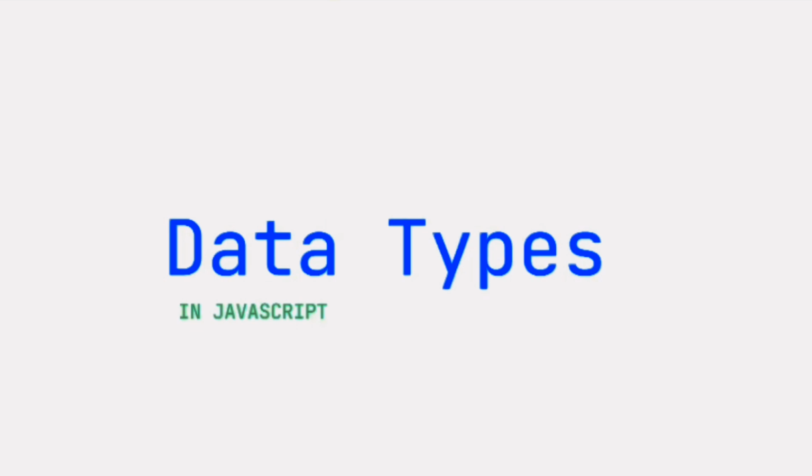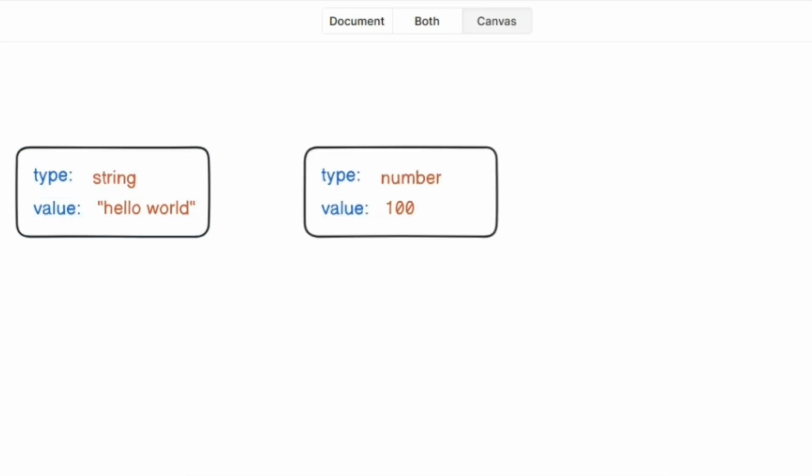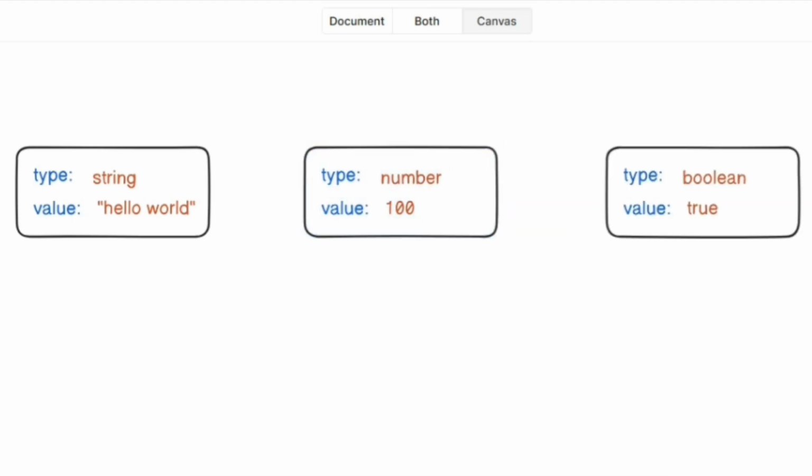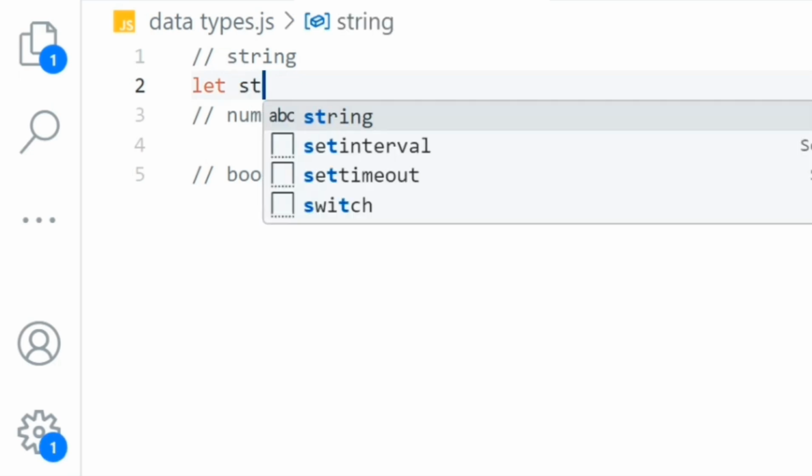A data type is simply the way you choose to store data or information. We have 3 major ways of storing data. First is the string data type, and then you have the number data type, and then you have the Boolean data type. When we want to declare a string variable, we use the let keyword followed by the variable name,